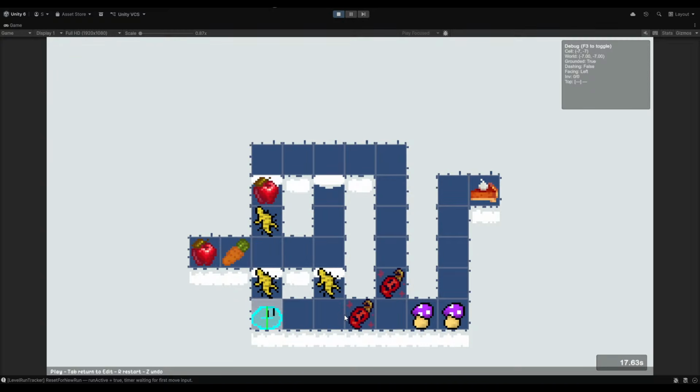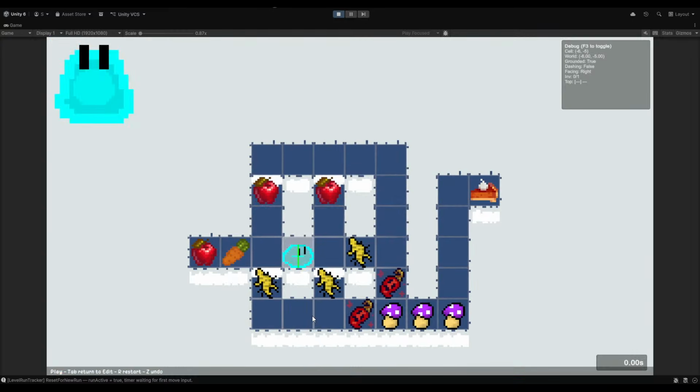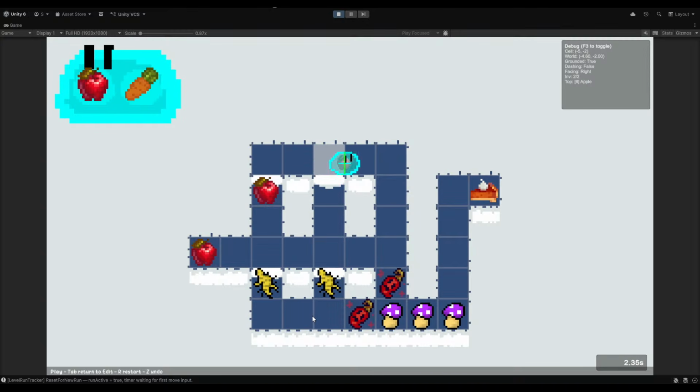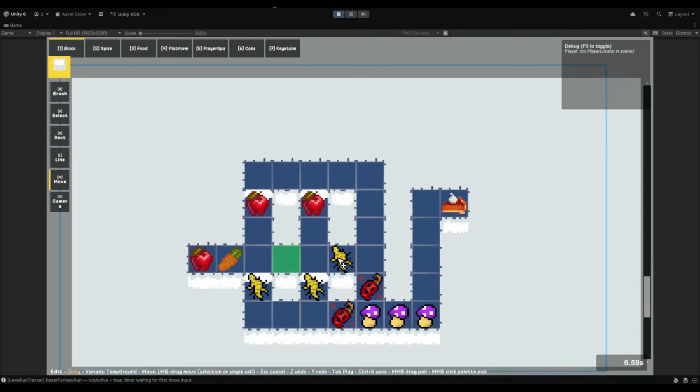We can't go up because that would kill us. Wait. What if I put the ginseng? What if I just put ginseng there? It's not like they can go here anyways. They just die, right? It's not like they're gonna do this because it kills the carrot. So it's the same thing. Oh, it's the same thing, but we had another path. Because let's not put ginseng there. Put that back.